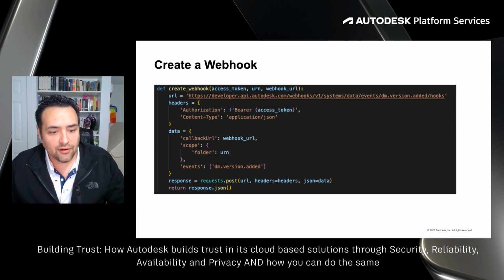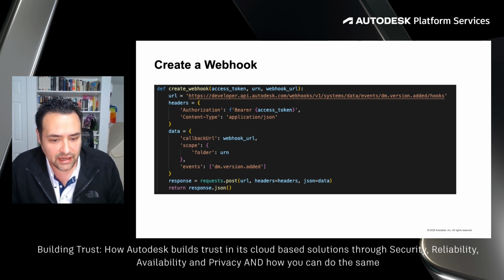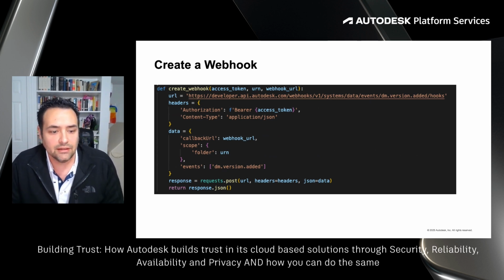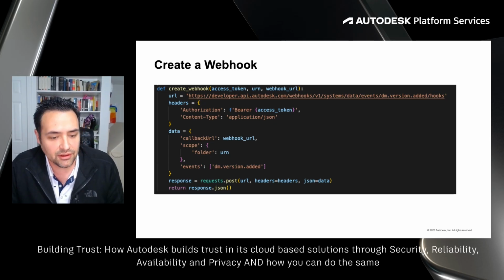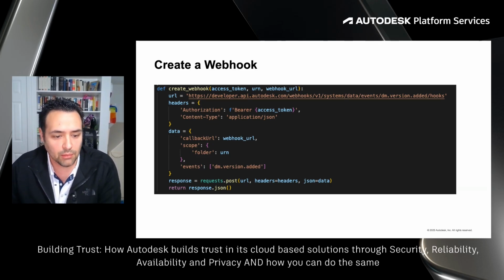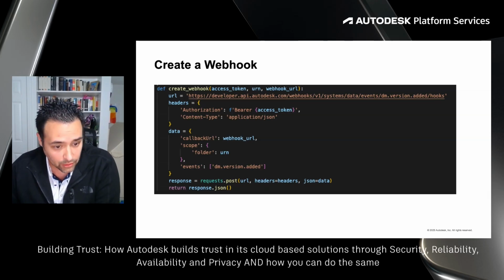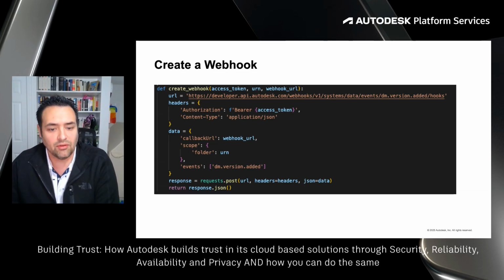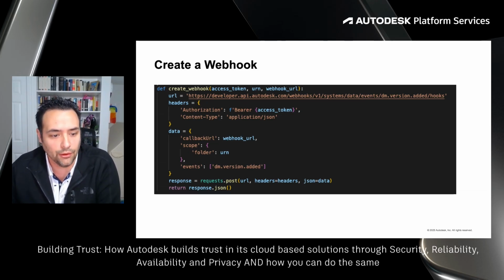So now here we have our function call create webhook, which does the actual webhook creation. It adds a new data management event, specifically the DM version added event, which triggers when a new file is added to a folder. Now we have a few parameters to this function, first being our access token, which will be passed from the output of our getAPSToken function in the previous slide. The other is a folder URN, which specifies which folder we want to monitor. And then finally, we have our webhook URL, which is the URL that will be called when an event is